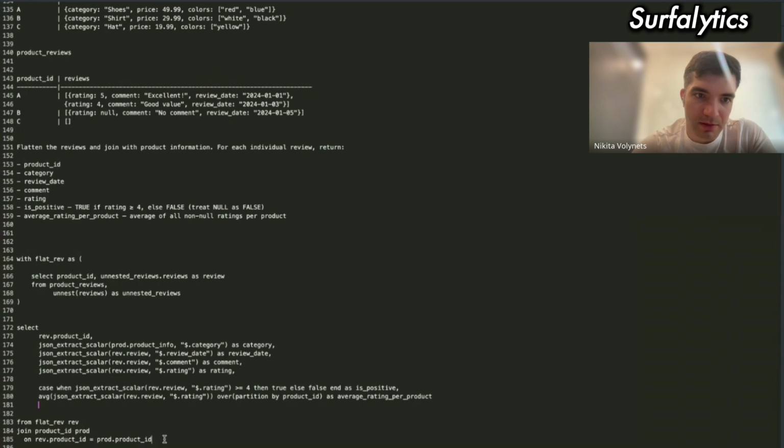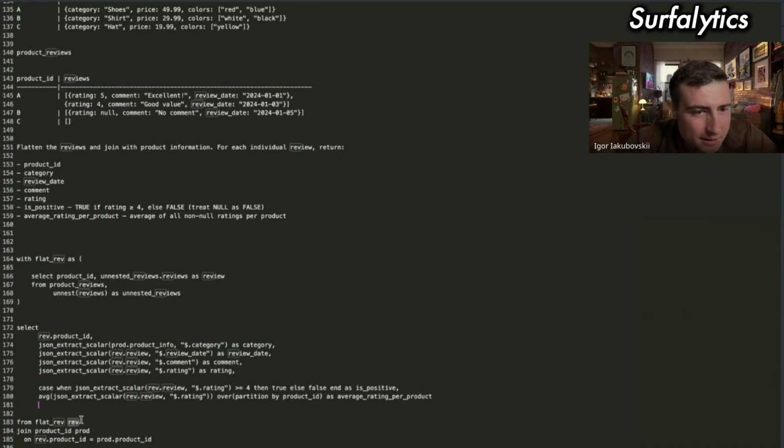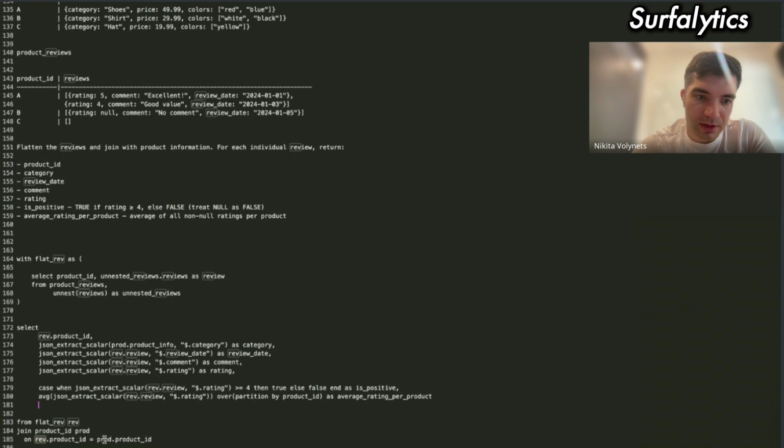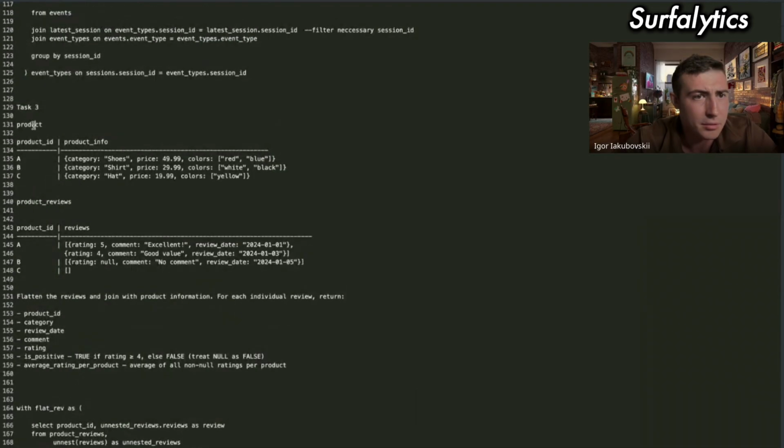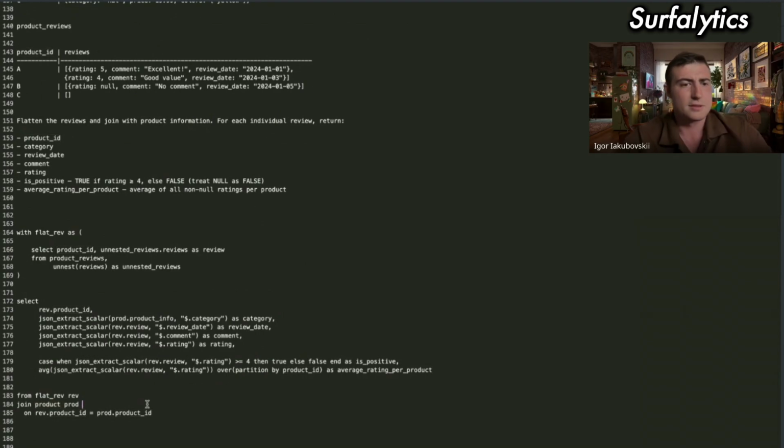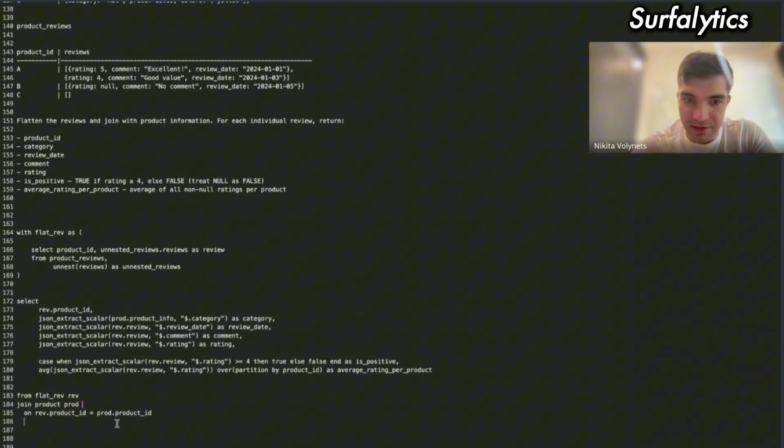What is the table name? Revenue and prod aliases. I mean, you see join product ID, right? It should be just product. Product. Just product. Sorry. Awesome. Yeah, now it's good. Now it looks good. Awesome. Yeah, I think that's it.